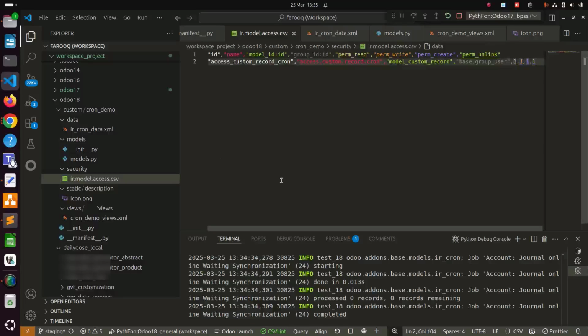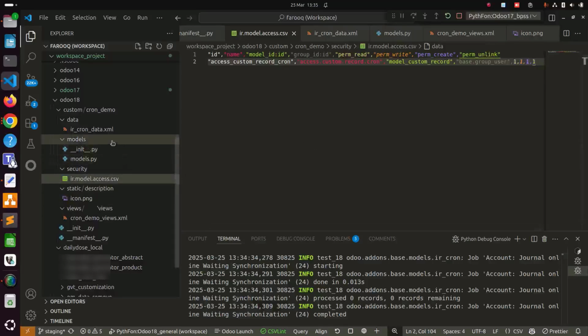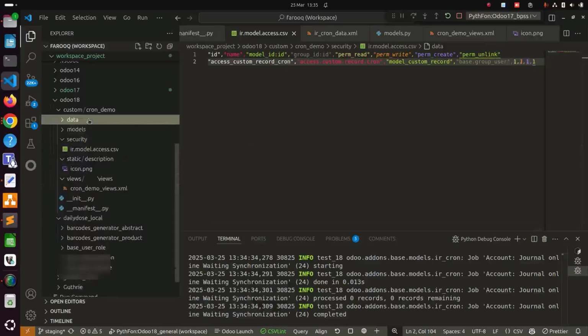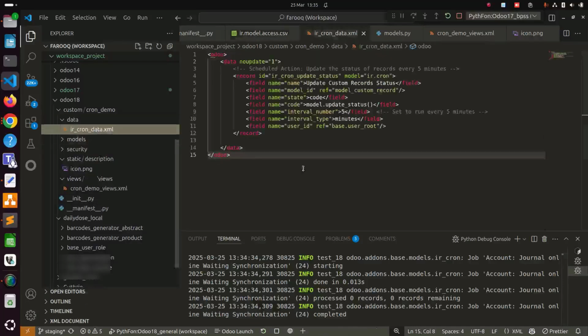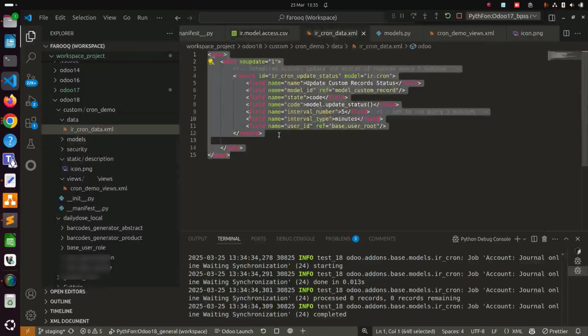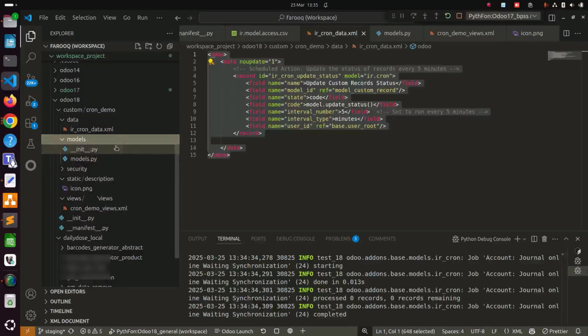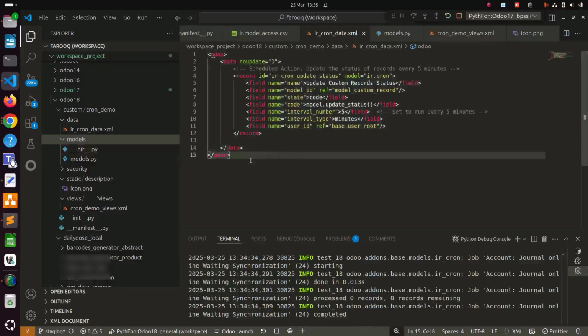So this is the security file, guys. We have already created it. Let's just revamp it. So this is the name of our module. We have created a folder data, and we have already referenced our cron in there. Then we have models, cron,